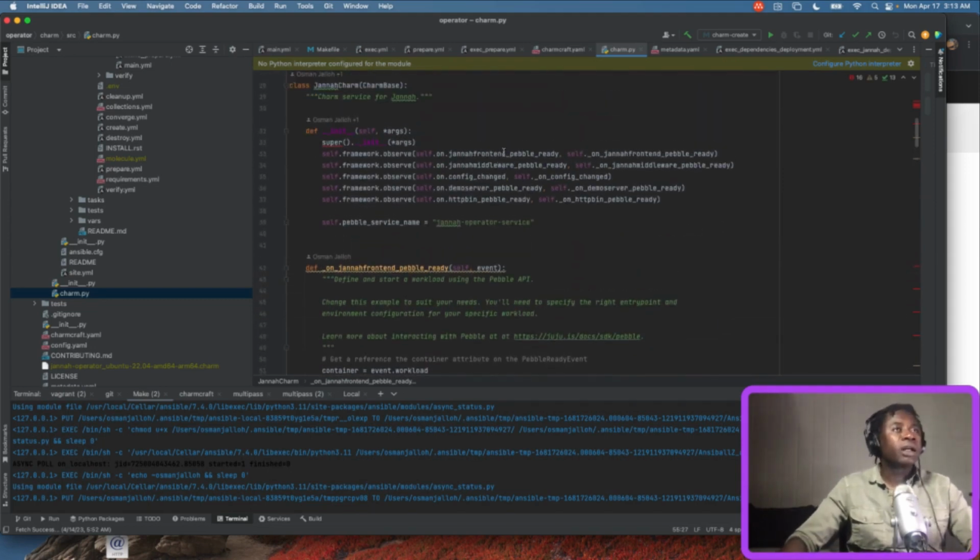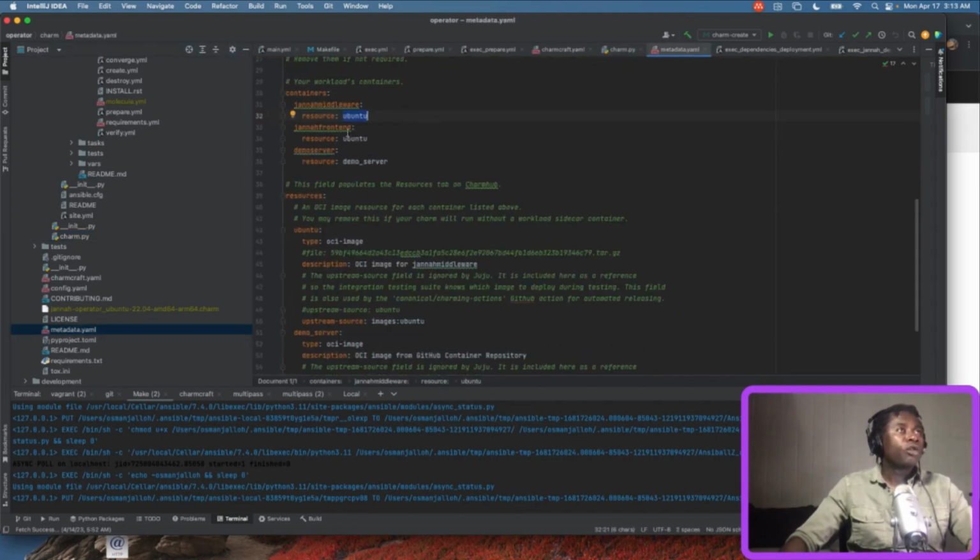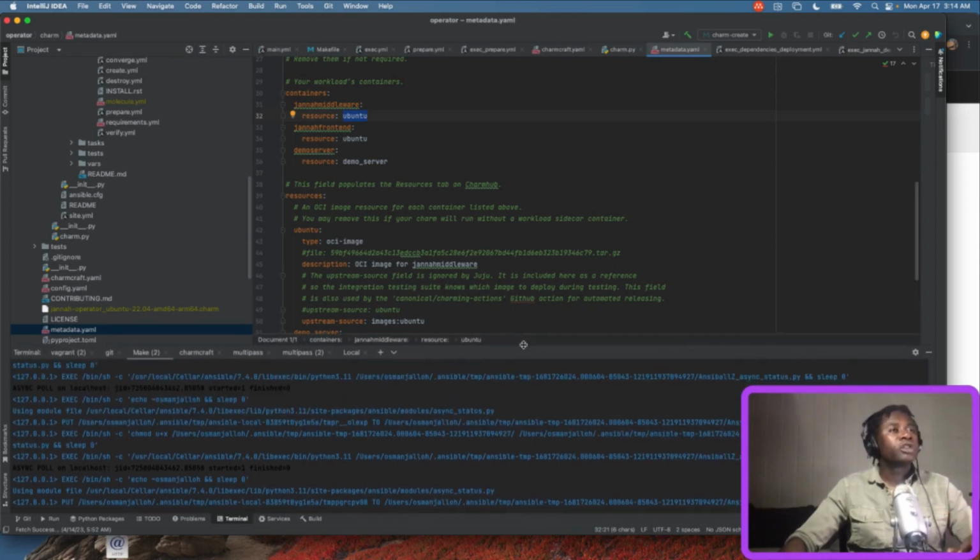So in our Charmfile, like I said one more time, we have 2 services that we've defined. Our main 2 services for now are our front end application, which is the Vue.js application, so our Vue.js application will be deployed in a container. Our middleware application will be deployed in a container as well. And they're both using an Ubuntu image for now. Obviously all this can change over time, but for now, as far as getting at the